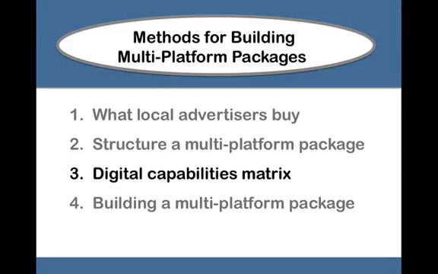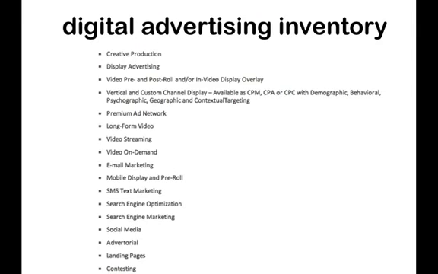Let's talk about what I call a digital capabilities matrix to help. It's another strategy, another perspective of how to make sense of all those different digital advertising opportunities you're now being asked to sell. So if you haven't done this for yourself already, you might want to make a full and complete inventory of all the different digital advertising capabilities that your local media organization is selling. Once again, I worked with a lot of local media reps, and they are surprised to find out that there's other things that they could have been selling that they weren't aware of, because there's just so many different things.